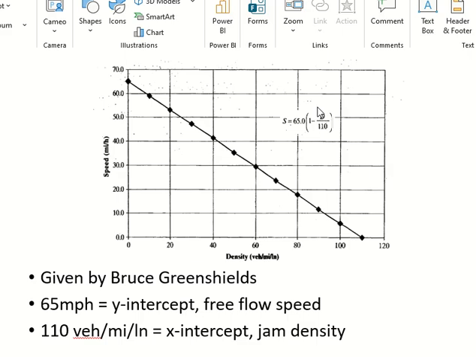So this is mathematical. Values can change, but the relationship is there. This is twice, this is half. Clear? Now,